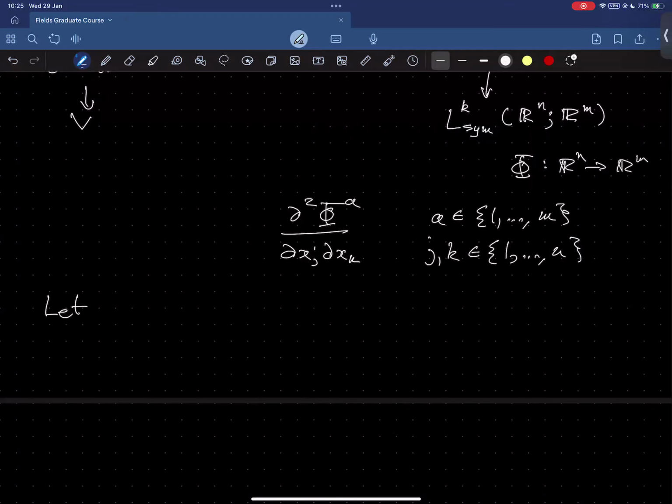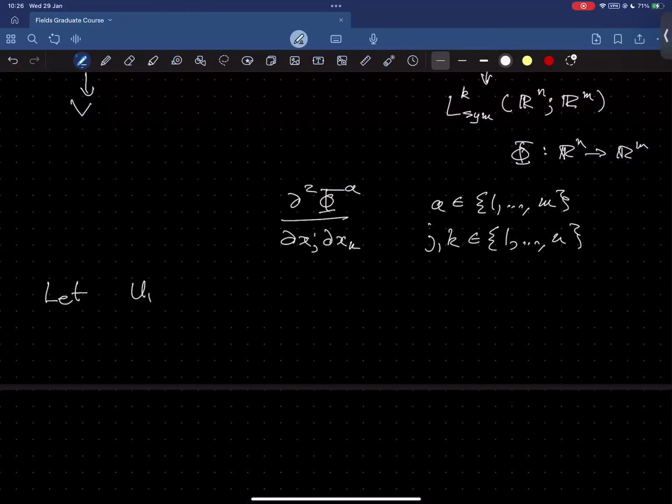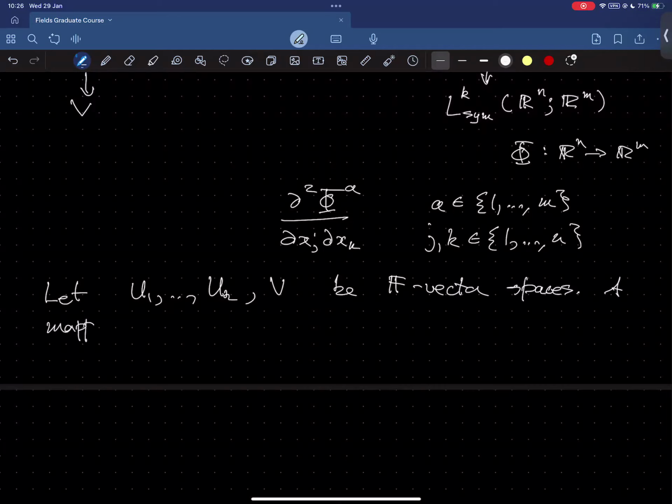I talked a little bit about multilinear mappings last time. Let me do that carefully now. Let U1 up to UK and V just be vector spaces, not topological vector spaces or locally convex spaces. So a mapping phi from U1 cross up to UK into V is